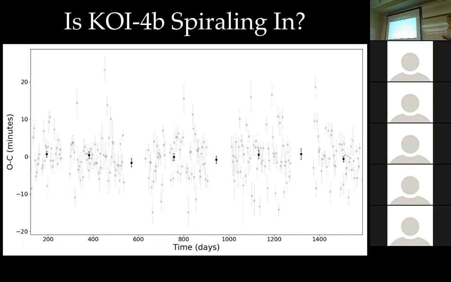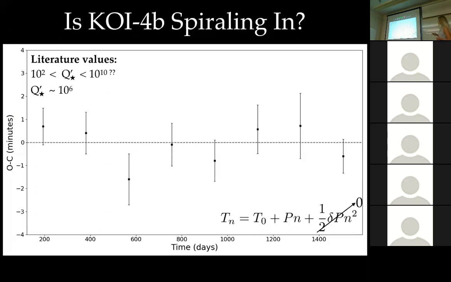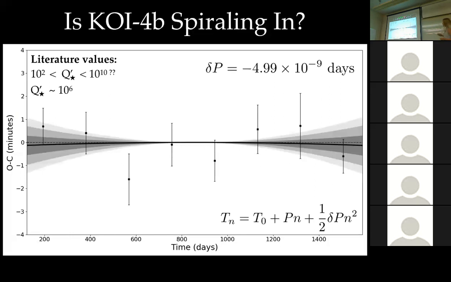So I'm just going to bin over half years and then zoom in, because it doesn't happen that fast, or at least we don't think it does. So I've added some literature values up here at the top, and I've also added a 0 point there. This is again just equivalent to assuming a constant orbital period. So when we model this, we do get a negative value for delta P, which is indicative of period decay. This corresponds to a decay rate of about 40 milliseconds per year.